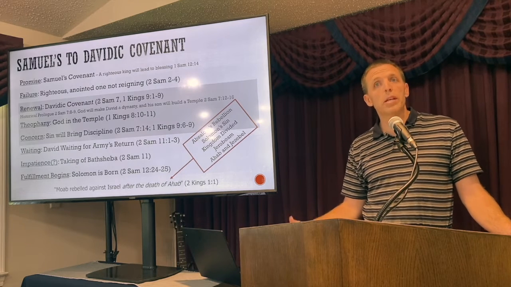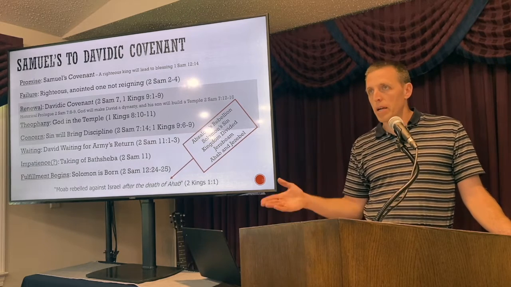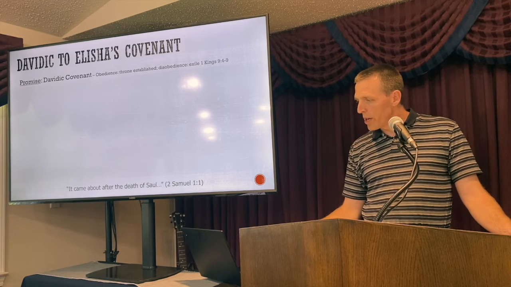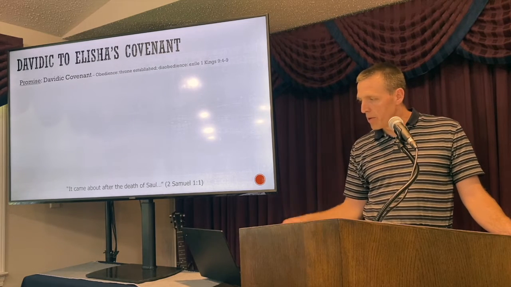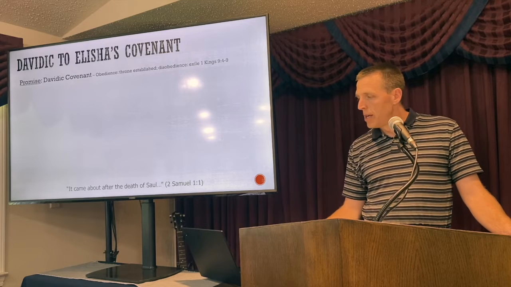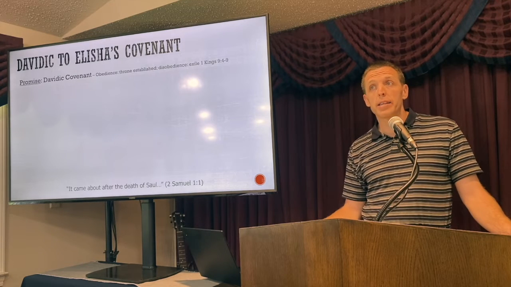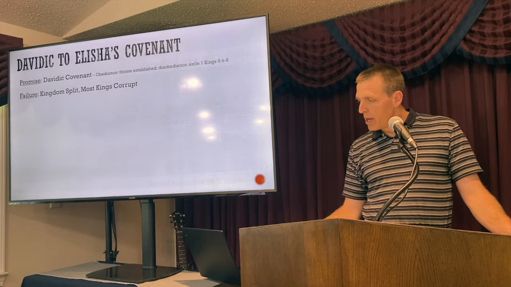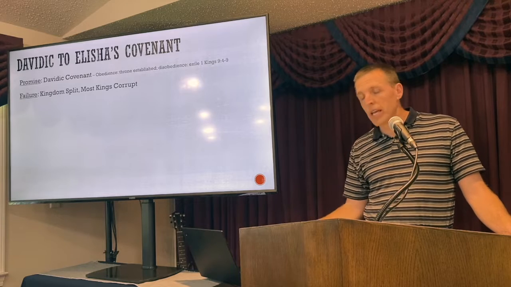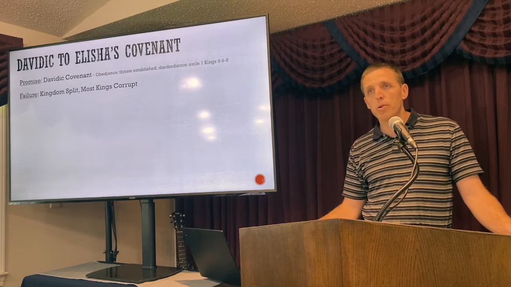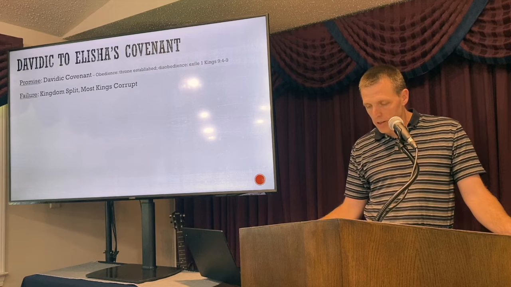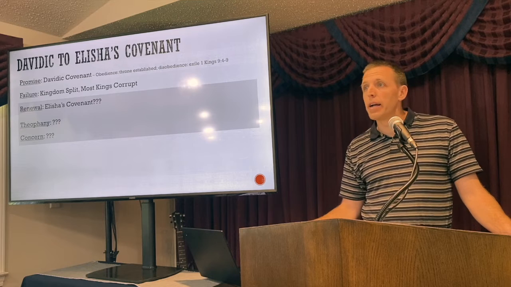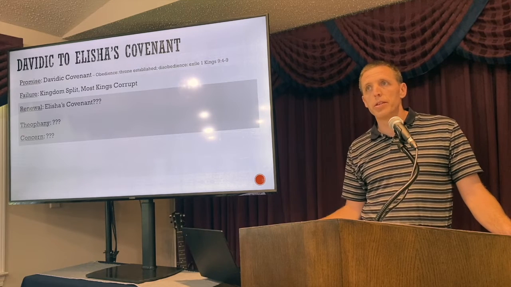A covenant, a promise. We expect God to make a promise, to make a covenant with Elisha here. All right? So we're working under the Davidic covenant. I'll establish your throne if you obey. If not, I'm gonna punish you ultimately through exile, he said to Solomon. That's what we're working under. There's a failure. We mentioned the kingdom is split. The kings are not obeying, almost all. And then you get to Ahab and Jezebel, and you're asking the question, what is going on? So now it's time, right? It's time for God to renew that covenant with Elisha.